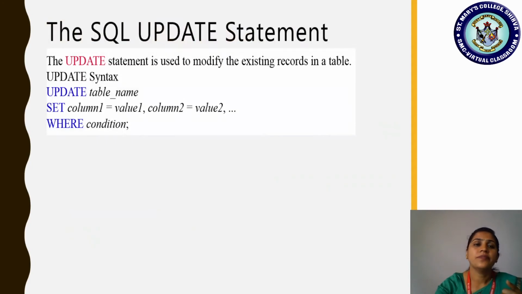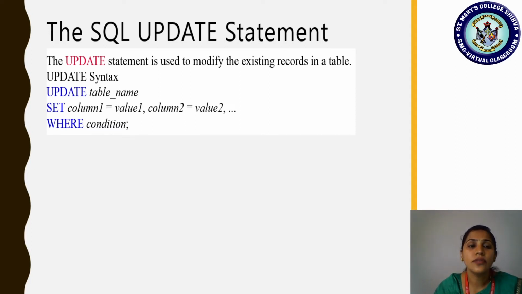Okay, fine. Then the table is holding certain values in it. If you want to change the value you have added, if you want to change the customer name, or the contact name, or the address of that customer, then we are trying to update the data in the table. So to do the updates, we have the SQL update statement. Just follow here. The update statement is used to modify the existing records in a table. So what is the syntax?